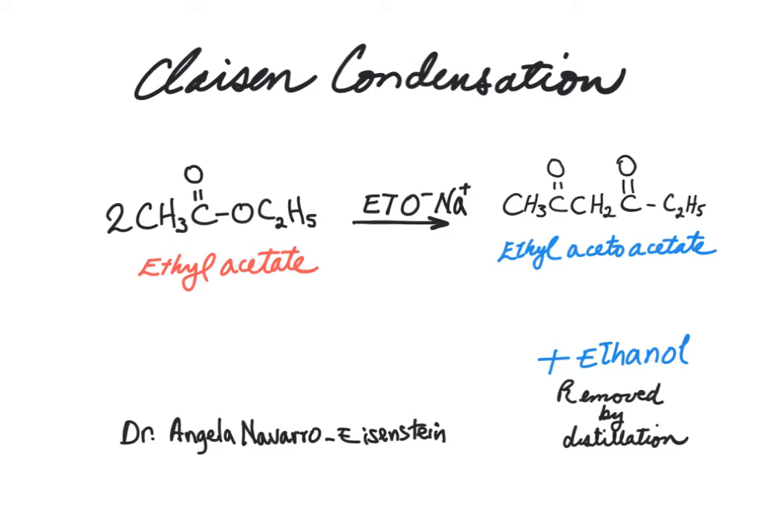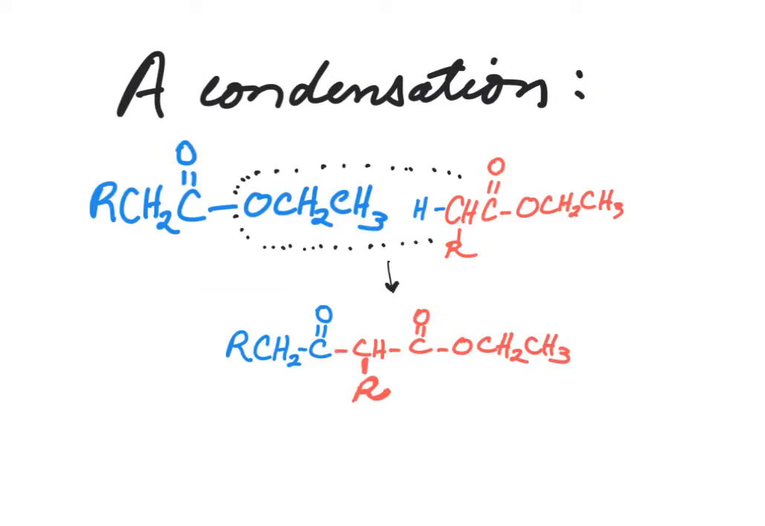In this video, we discussed the chemistry of the alpha carbon of esters. When ethyl acetate reacts with sodium ethoxide, it undergoes a condensation reaction. After acidification, the product is a beta-keto ester. If we look closely at the reaction, one of the two ester molecules loses an alpha hydrogen, while the second